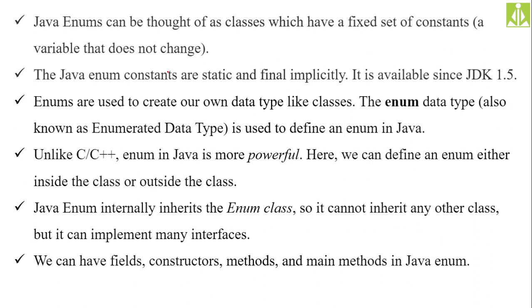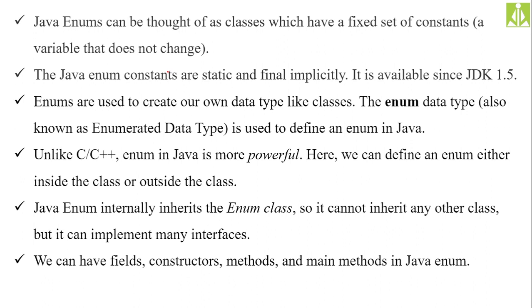You no need to do anything, you no need to declare them as static and final. Final, why we are saying, means you can't change the value of them. Static, why we are saying, means directly with the help of enumerator type name you can access those fields, no need to create the object or something. Okay, like how a static variable behaves in your programming, in that same way these enumerator fields will behave. They are static. Directly with the help of class name or enumerator type name, you can access the internal fields. And moreover, they are final in nature. Final in the sense we can't change the value of them.